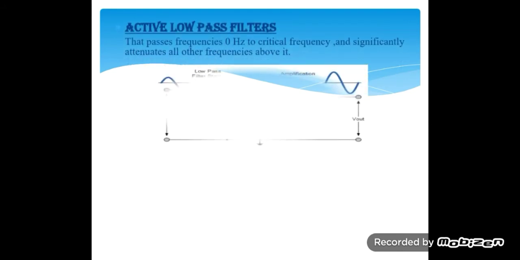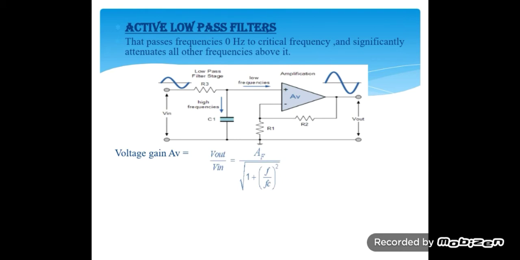Next is active low pass filter. This is the circuit diagram of an active low pass filter. It only allows the frequencies lower than the cutoff frequency. Over here we can see that in this circuit an RC network is connected to the non-inverting terminal of the op amp. So this op amp is in non-inverting configuration, and the gain of the op amp will be the same as the gain of the non-inverting amplifier,